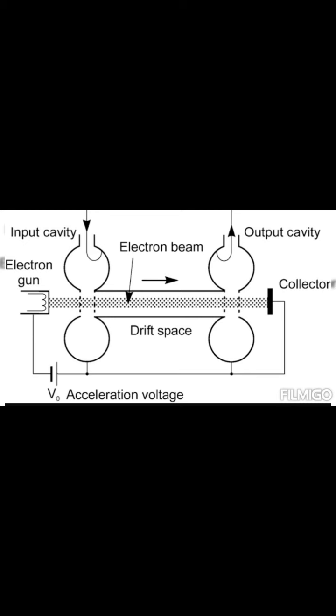So you can see the variation of electron velocity in the drift space is called velocity modulation. The faster electrons catch up with the slower electrons and form bunches. The function of the catcher cavity is to absorb kinetic energy from electron beams and convert it into electromagnetic energy, which is available at the output cavity. The resonant frequency of the catcher cavity is the same as the buncher cavity. The electrons then leave the catcher at a reduced speed and reach the collector.